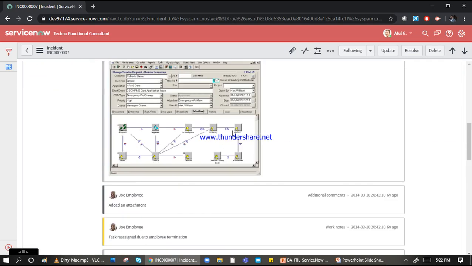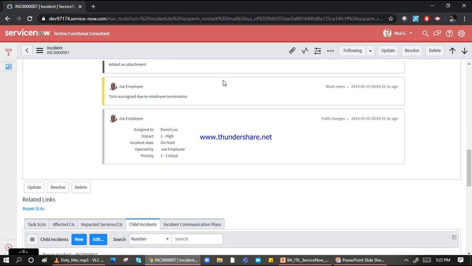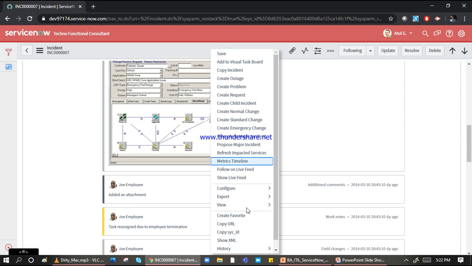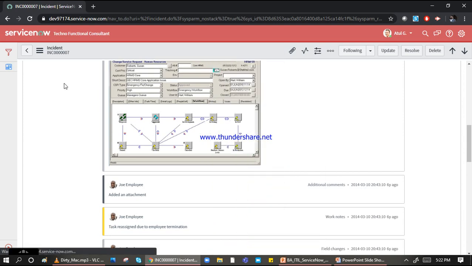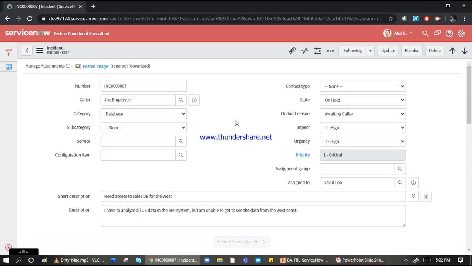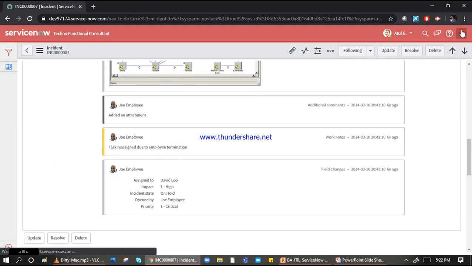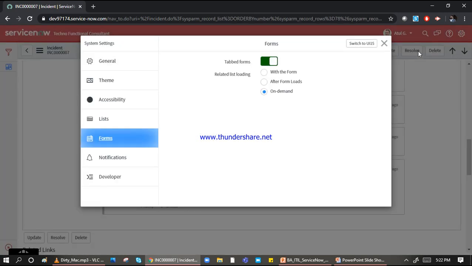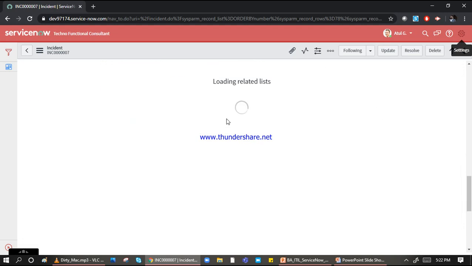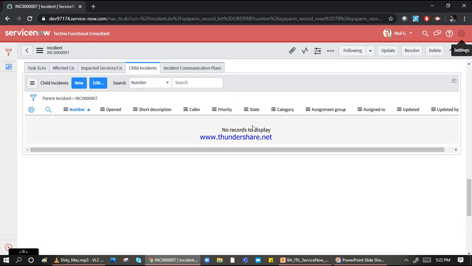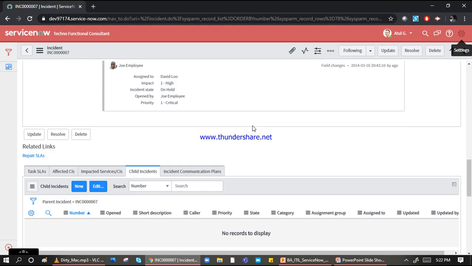So I go down. Wait, it's taking time. Or maybe I can open another one. Let me go here. Tabs are on. Finally, yes, it's loading. So it's loading on demand only. Let me check one more incident here.